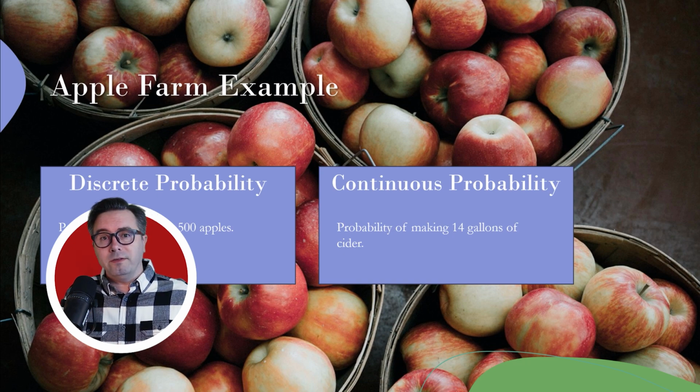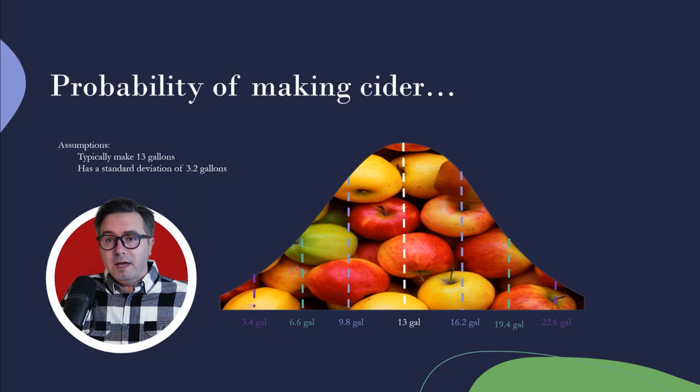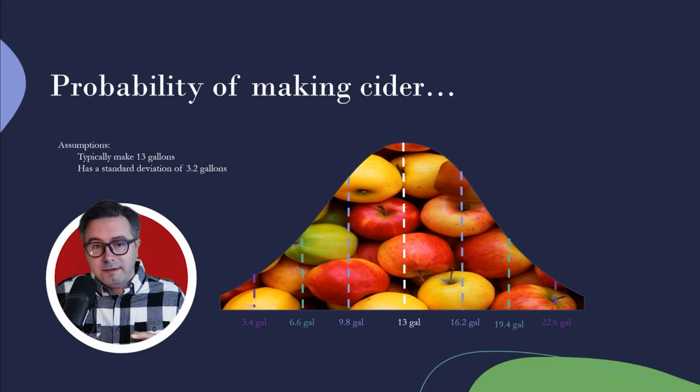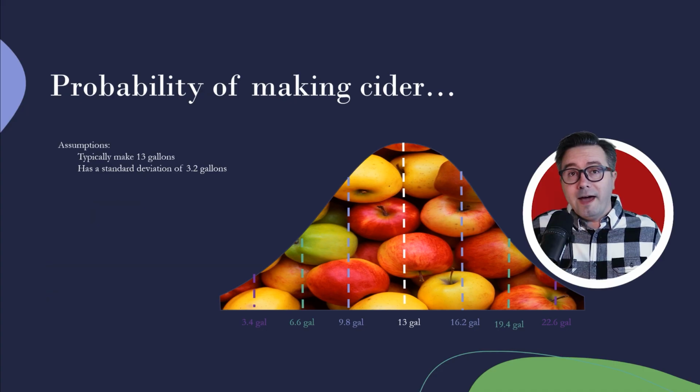We're going to assume that there's a normal distribution that goes with this continuous probability. There's other distributions that we could use, but let's just assume that typically we get 13 gallons of cider that we can make each year, I guess, with a 3.2 gallons standard deviation. So that means that